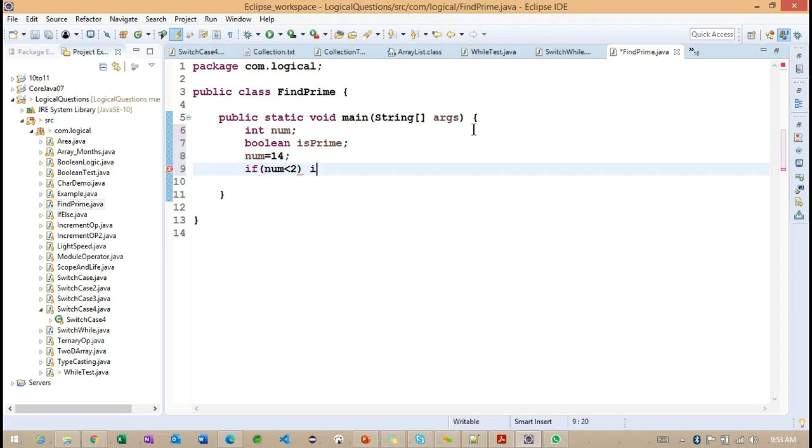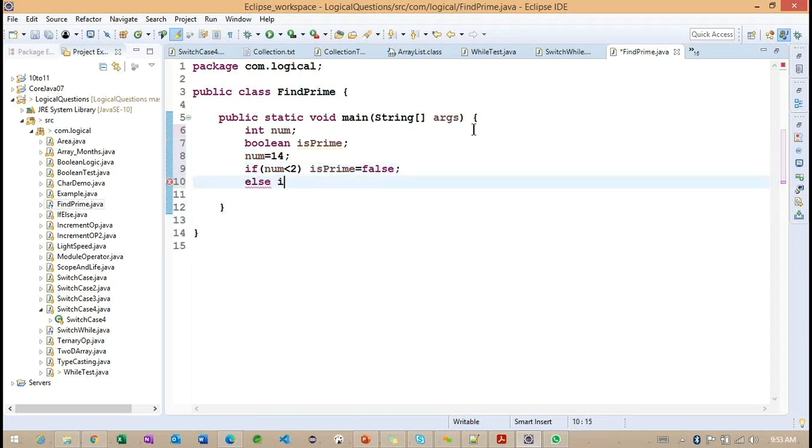The number less than 2, so I'm making isPrime equal to false. So below two, if you're working with 0 and 1, if the number value is 0 or 1, those two numbers are not prime numbers. Okay. So else we'll check here.